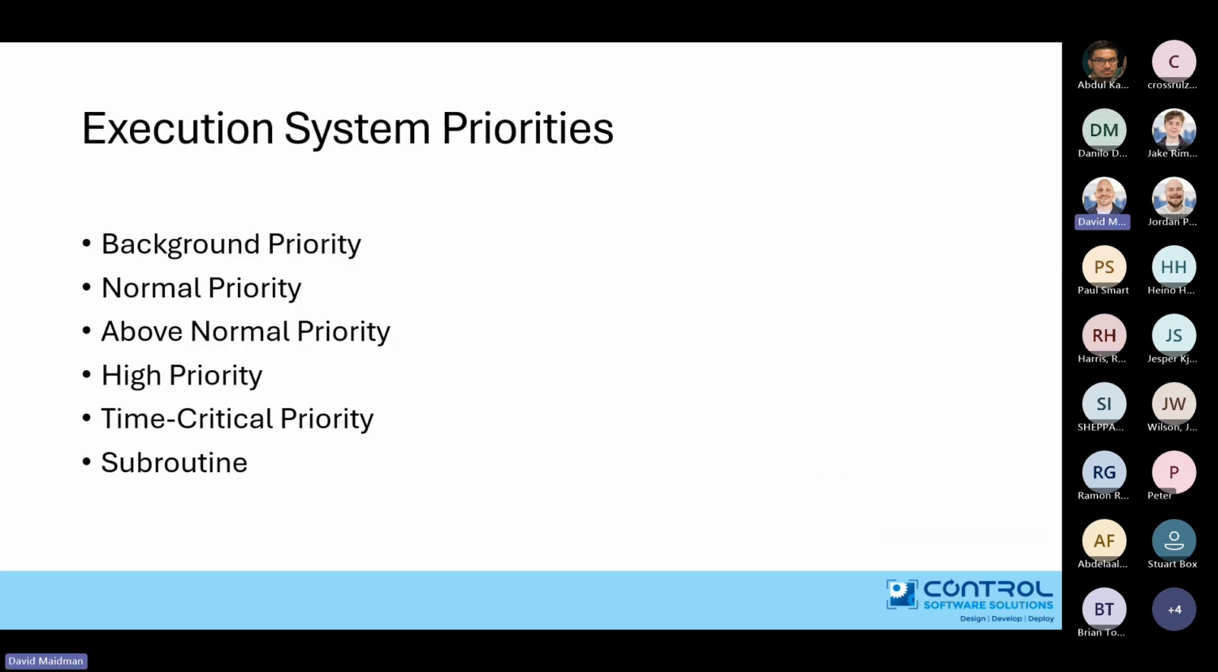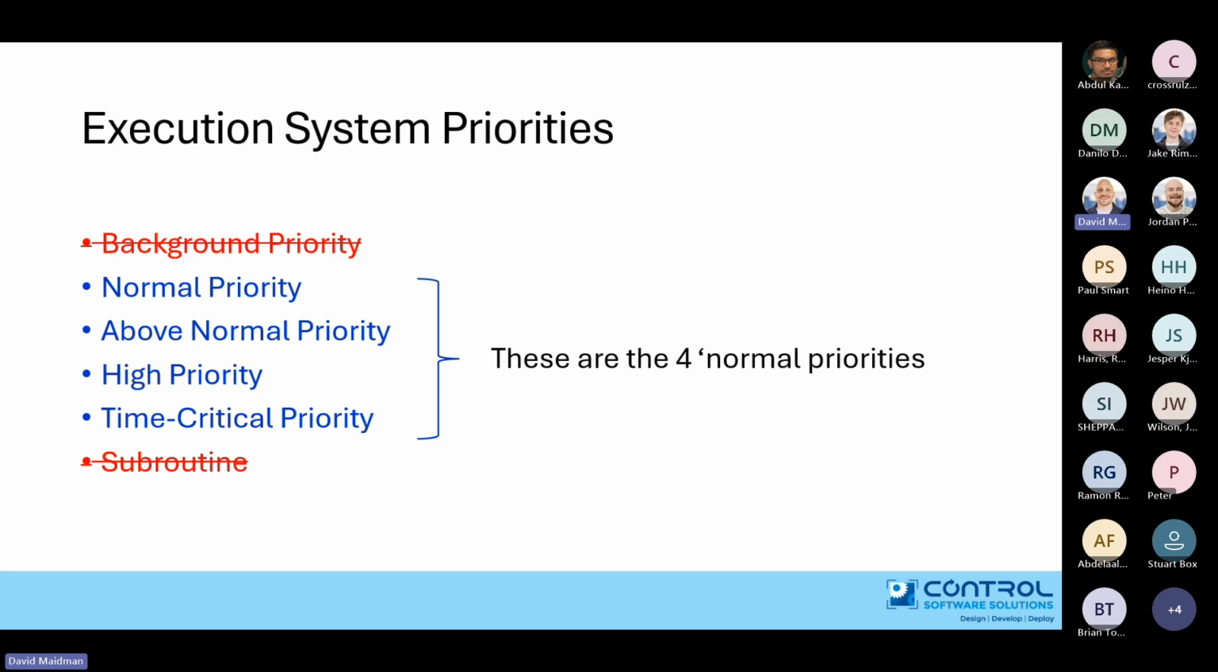Each execution system has system priorities. So if you take a look at VI properties and look at the priorities available, you'll see background priority, normal priority, above normal, high priority, time critical, and subroutine. Okay, so what we're going to concentrate on at the moment is these four here: normal, above normal, high priority,